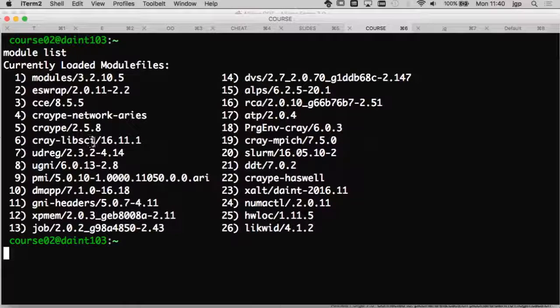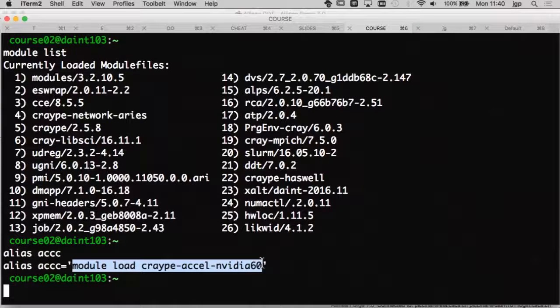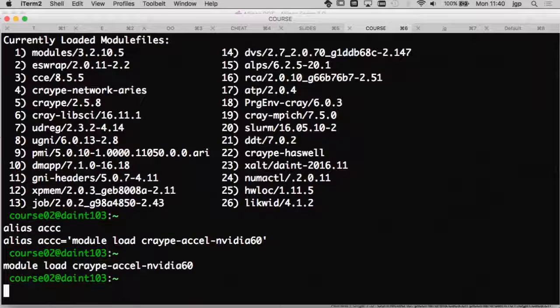I guess it's important to see that the Cray libsci library is loaded by default. But in our case, because we want to use the GPU, we need to load a module called craype-accel-nvidia60.